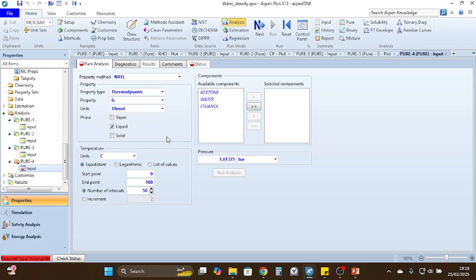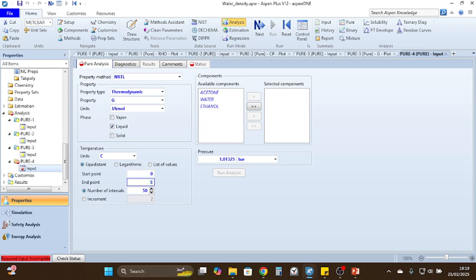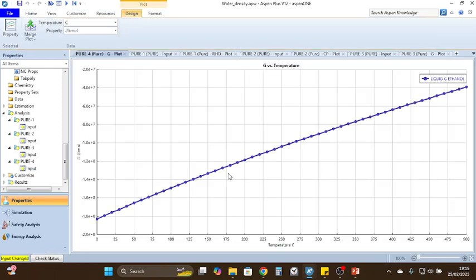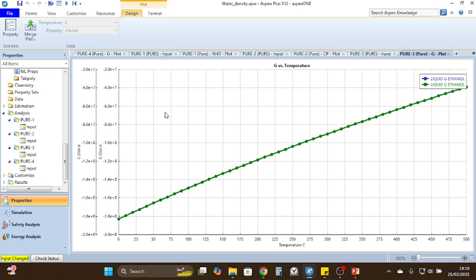We are going to keep it as joule per kilomole. The temperature range is given to us as 0 to 500 degrees Celsius. And we are going to keep the number of intervals same. We are going to select ethanol. And now this is for 1 bar. We are running the analysis. So the PO4 G plot is being updated. What we are going to do is merge the plot with the PO3 G plot, because this is for 20 bar and this is for 1 bar. So we are going to merge both the graphs. Now what we are going to do,